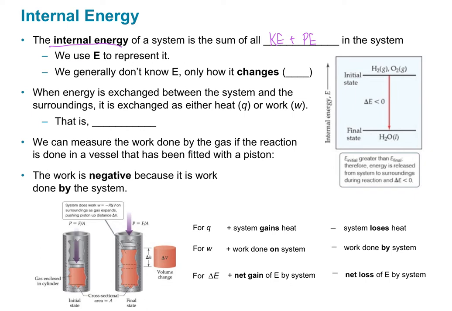We're going to represent internal energy with the capital letter E. Generally, it's really hard to actually know E at any particular time, but it's a lot more straightforward to see how energy changes, so delta E. When we see delta E, there is usually some kind of change involved with heat and work. So the relationship is that the change in internal energy is equal to the heat plus the work in that system when there's that change.